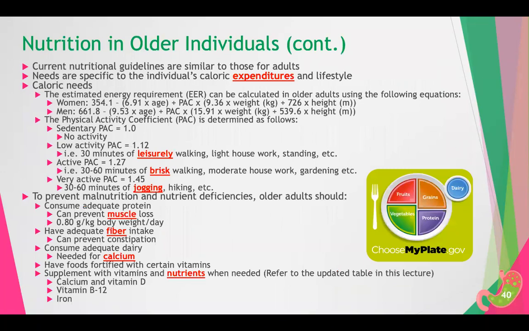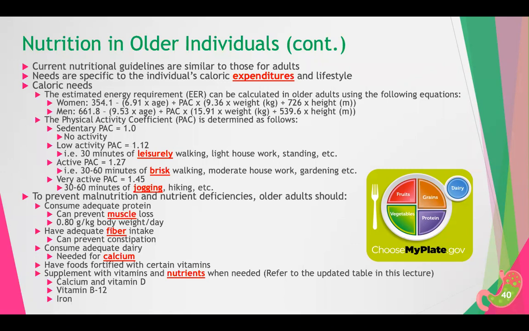So with our nutrition, the current nutritional guidelines are going to be similar to those for adults. And needs are going to be very specific for their caloric expenditures and lifestyle. So depending on how much they burn. The caloric needs can be calculated by the estimated energy requirement, or the EER. And this can be done with the following equation. So it would be